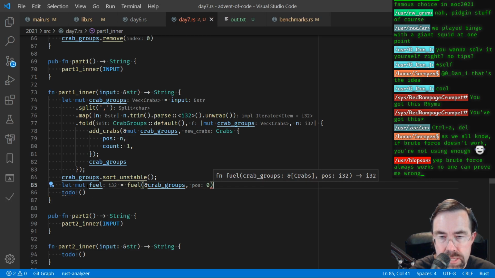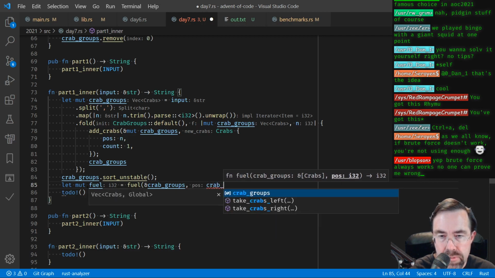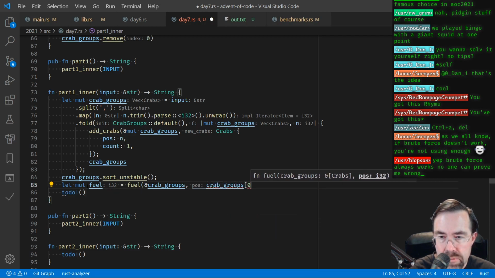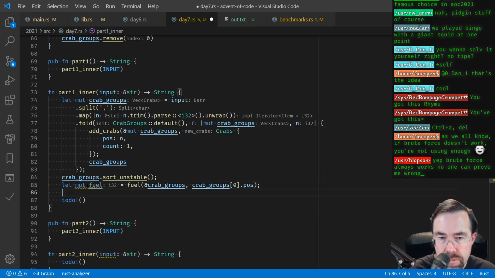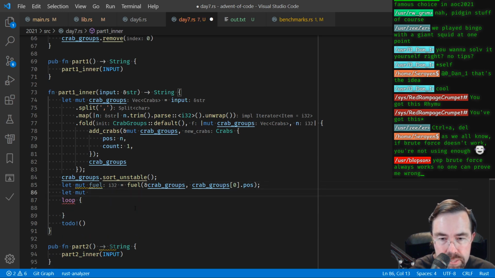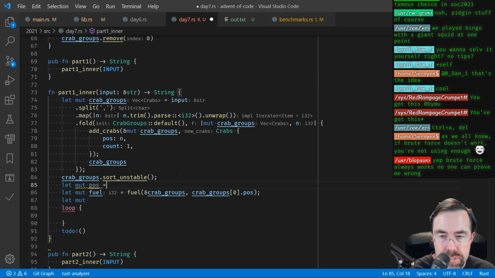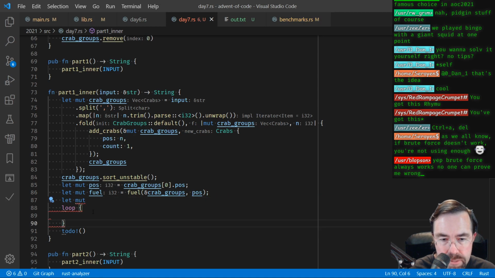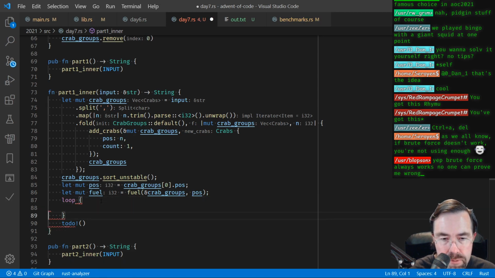Well, we can take the position of the first group, position to start with, right? And then we can say loop, let mute, actually let's get that position first. Let mute position equal this one position, and then let mute next position equal